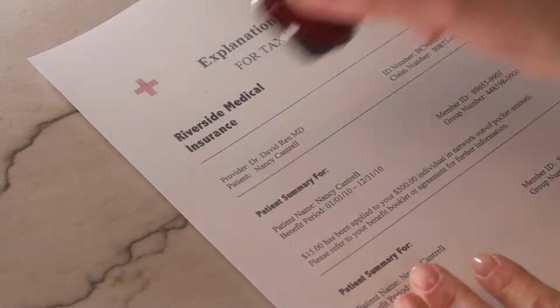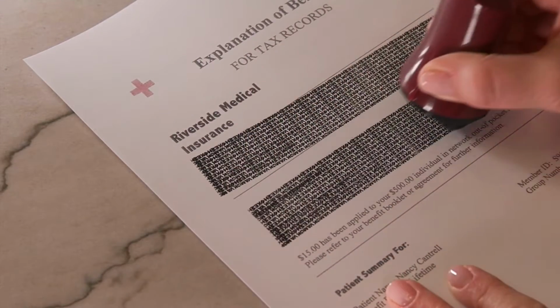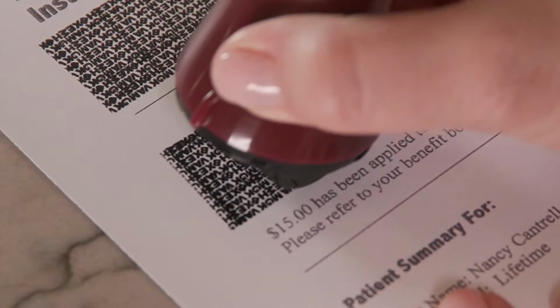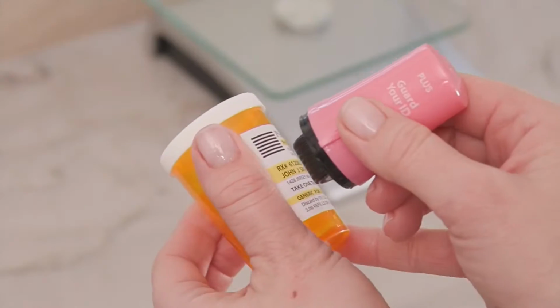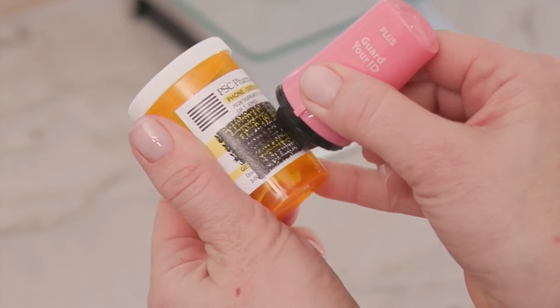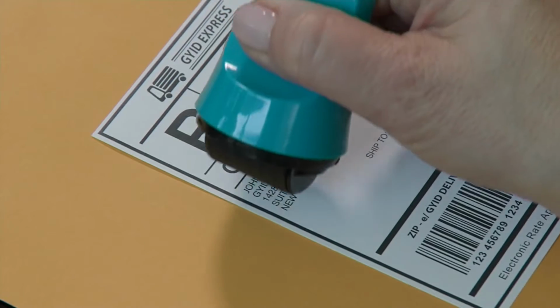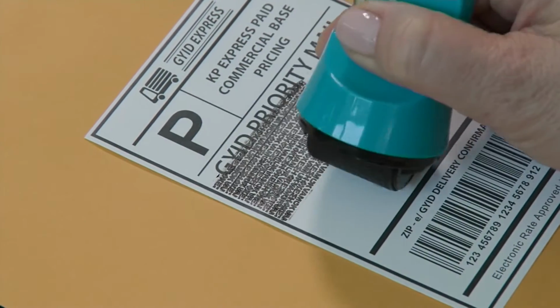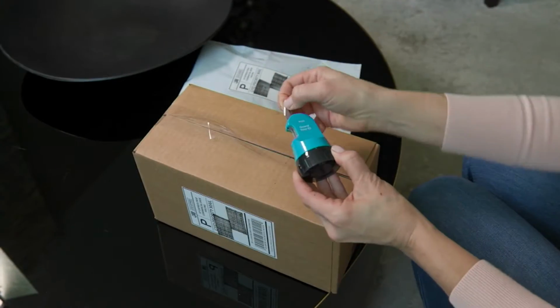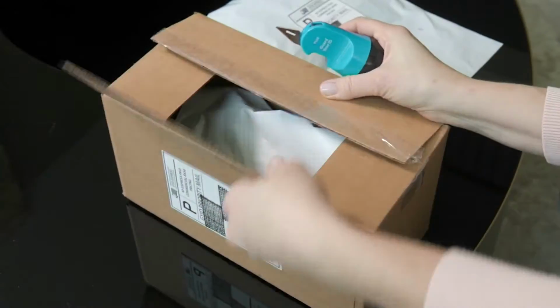There are millions of people in this country that fall victim to identity theft every single day. And do you know whose responsibility it is to fix it if you become a victim of identity theft? Yours. Do you know who pays for it? You do. And by the time you realize you've been compromised, the people that are responsible are in the wind. So before you ever throw it out, including your shipping labels with tracking numbers, make sure you have guarded your